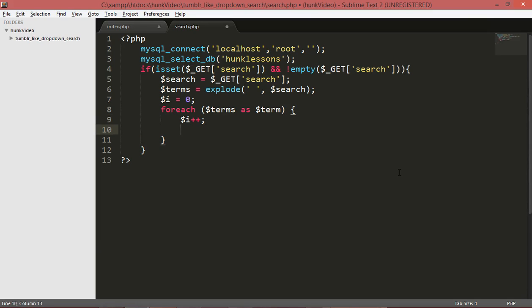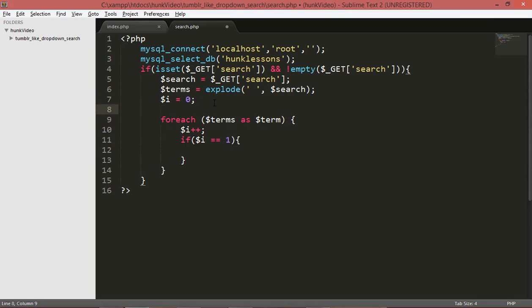If i is equal to 1, we will form a query. We will make a variable here also, query, which is equal to nothing. We are creating a global variable query.